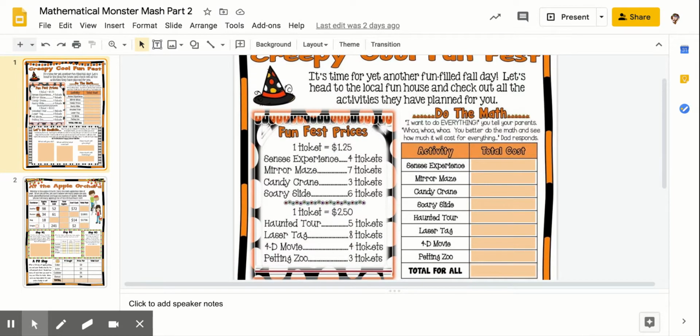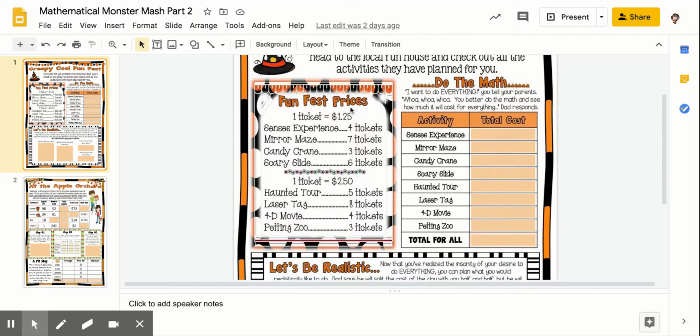And so it is time for yet another fun-filled fall day. Let's head to our local fun house and check out all the activities that they have planned. So we've got our Fun Fest and we've got prices, right? So let's look at our first part. The first part of our question says that we want to do everything. You tell your parents that you want to do everything, but you need to figure out how much everything's going